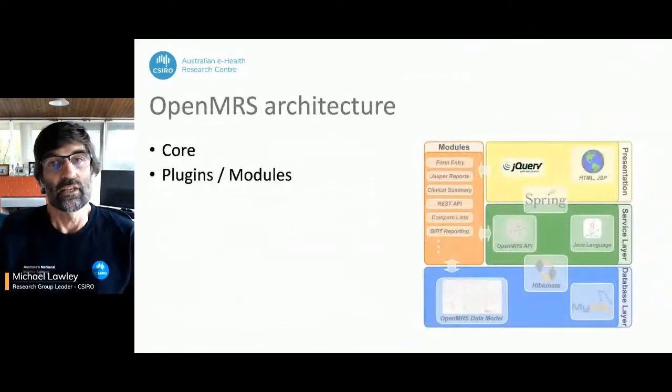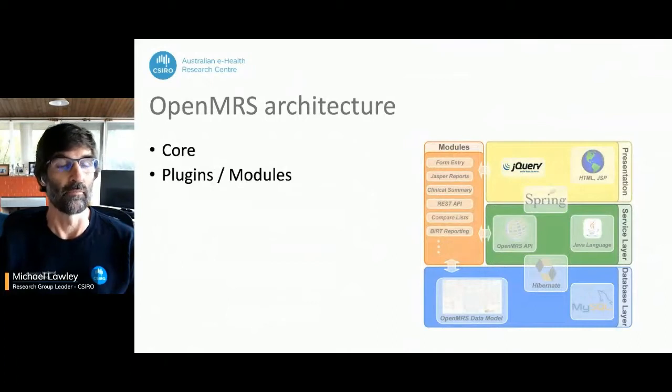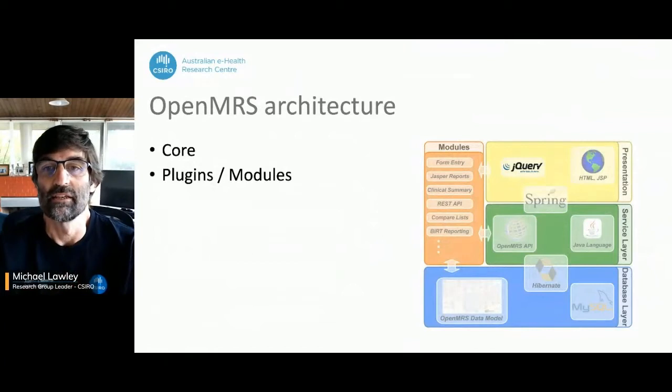So looking at the architecture of OpenMRS, we can see that it's built around this idea of a core platform and then a set of plugins or modules. And this provides extensive flexibility, but it also means that, especially combined with its age, began in 2004, there's a large number of overlapping modules providing related functionality using a variety of different software stacks. So things from the early Java UI classes through to Swing, and then a range of different